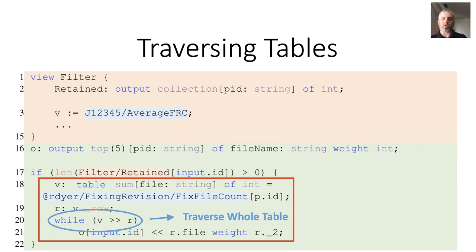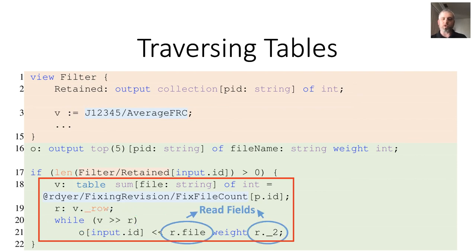And so if we do a while loop over that, then eventually this will return false, and that means we've hit the end of the table. So this is the way you can actually traverse the entire table. Now, once you get a particular row, you can then access subfields or columns from that, and you can do